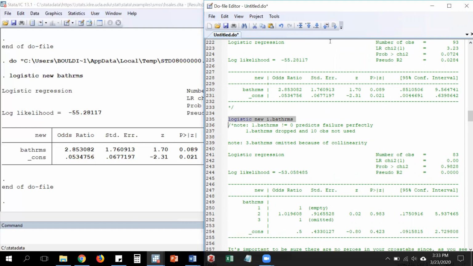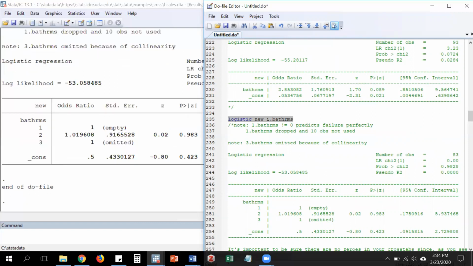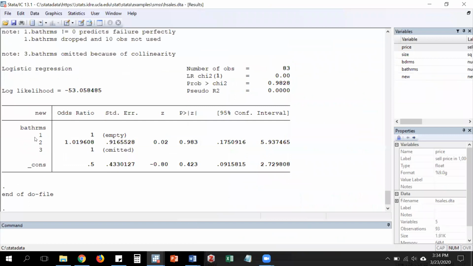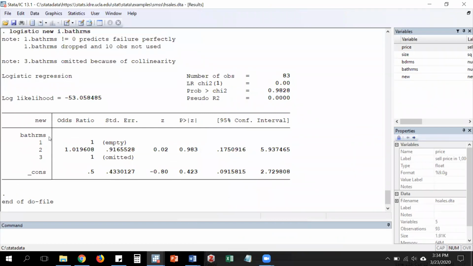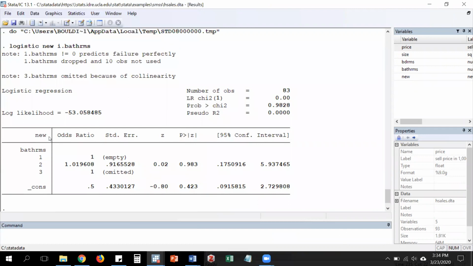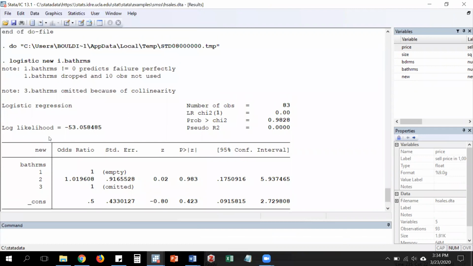And so let's say we change our model and do logistic new i.bathrooms, because the I with a period tells Stata that the variable is not a quantitative variable, it is qualitative. It has different categories, and you want to treat it that way in the regression model. So the bad news in this case, you can see that the values for bathrooms are 1, 2, and 3, but we see this kind of